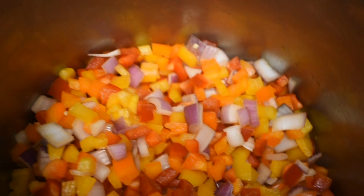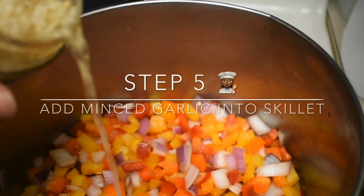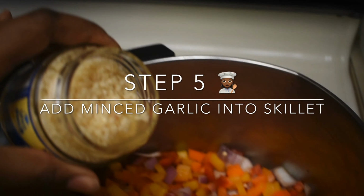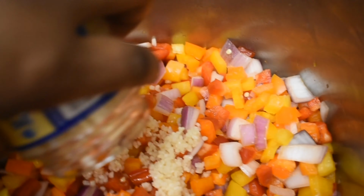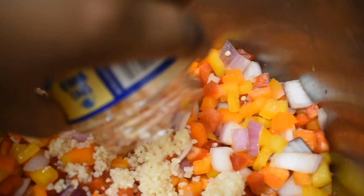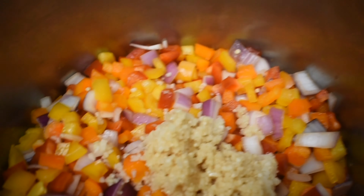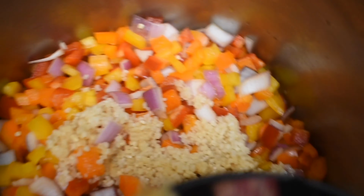Alright, so we got these on and popping and cooking. Okay, so I'm going to add my garlic in. The minced garlic. It says about 3 cloves. I like to eye test my garlic because you don't want too much, and that was a little bit too much. You don't want too much and you don't want too little. So it's always good to eye test